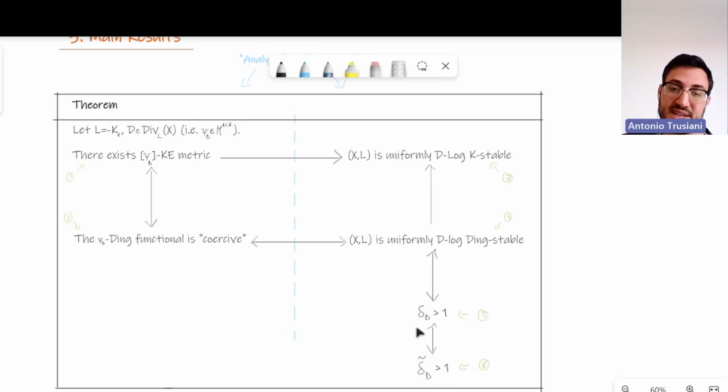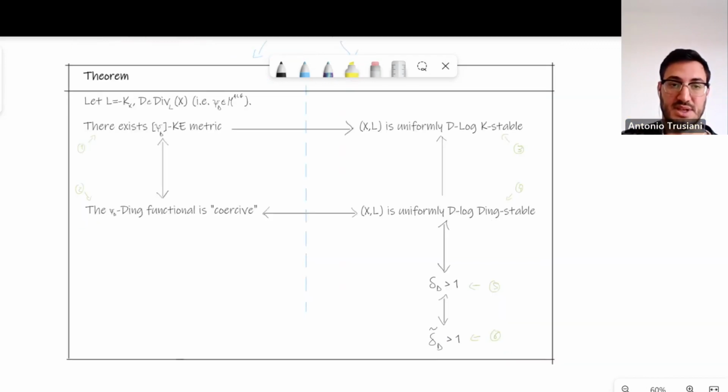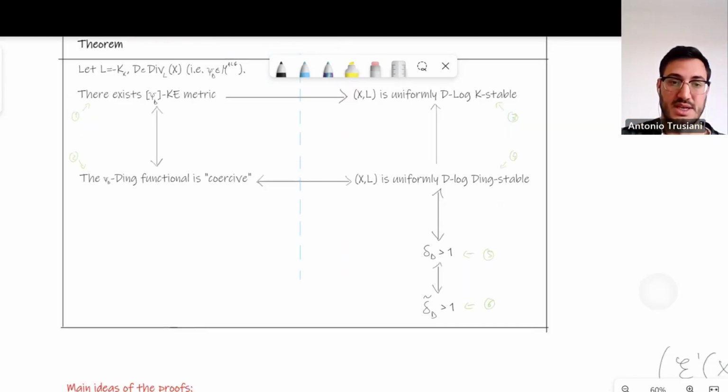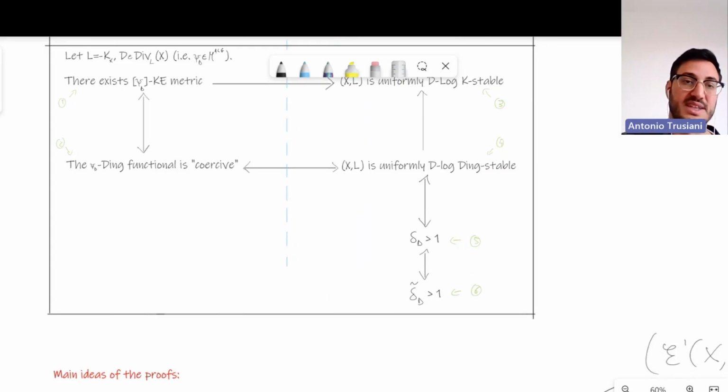As we will see, this delta D is more known in the literature, but this delta tilde D seems quite promising and interesting. So this is the main result of my paper. I'm going to say two words about this delta invariant and about the proof. So the main idea of the proof for this equivalence: we want to study existence of Kähler